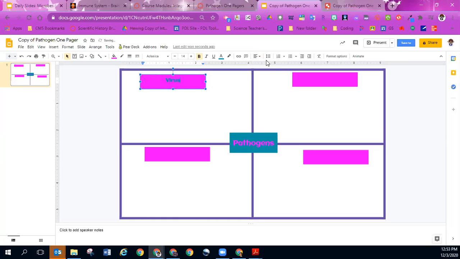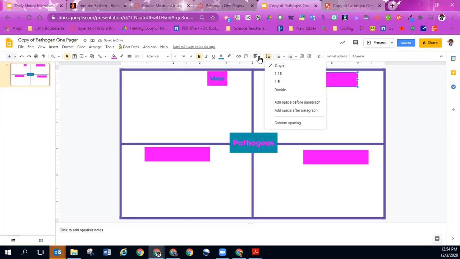Once again, I could have done this first so that way I didn't have to do it to all of them, but I didn't. I want my box labels to be about the size of the words. So I can shrink it and make it a different size just because I know I'm going to have to put pictures and stuff and I want it to be that way. Whoop, center, center,